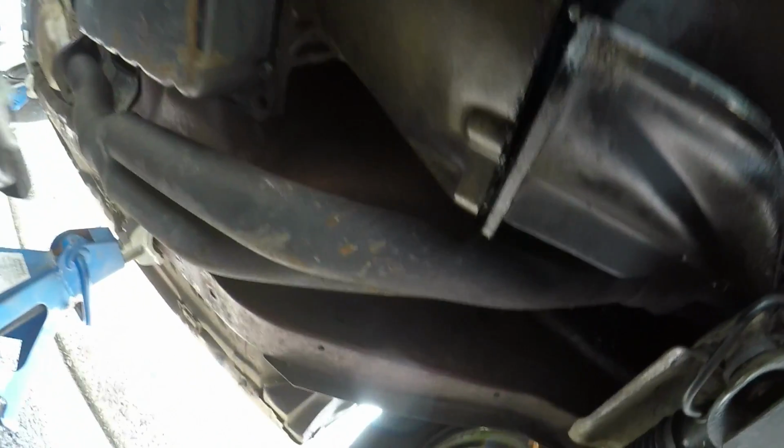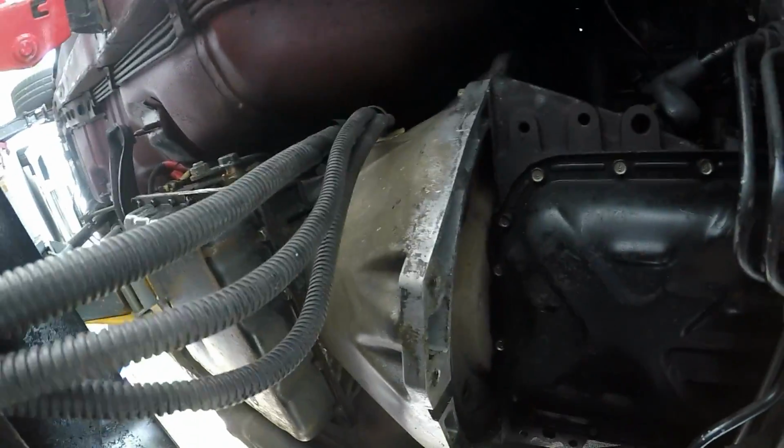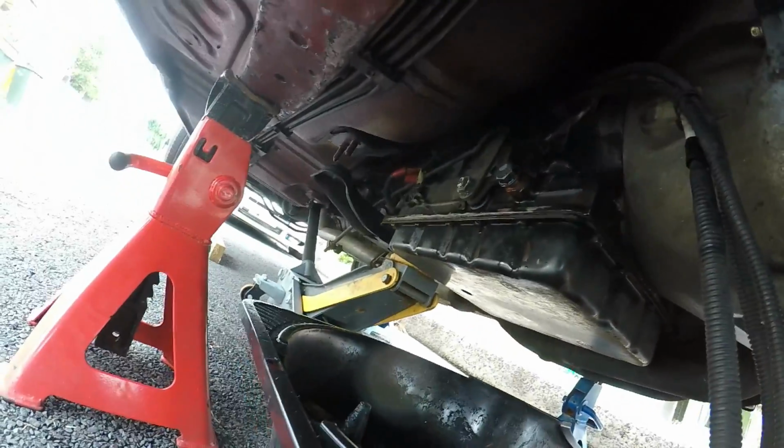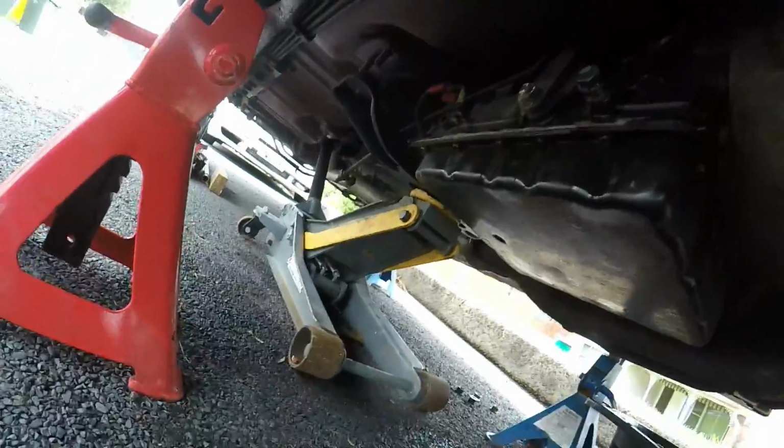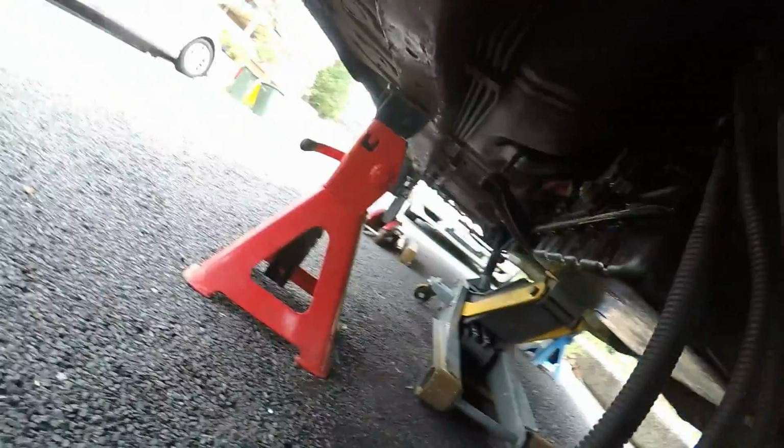Now we check if the box will clear the exhaust. By the looks of it, the box will clear the exhaust. So over here we have a cross member dropped on the jack. So we need to jack the jack back up,